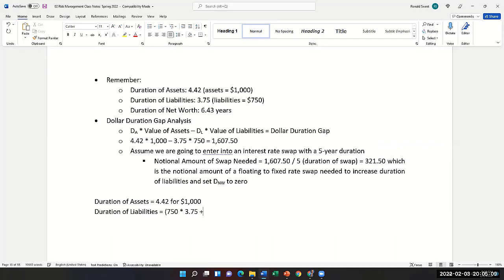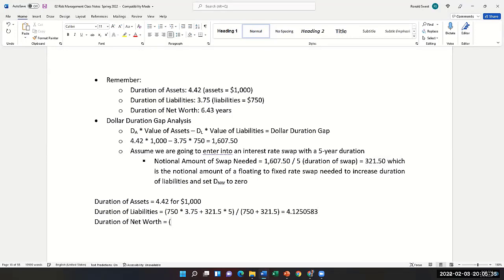So we add 321.5 times its duration, which is 5 years. That's given in the problem. Divide that by 750 plus 321.5. That gives us a duration of liabilities. There's that 4.1250583. I don't know how many decimal places that you go. So the duration of net worth is